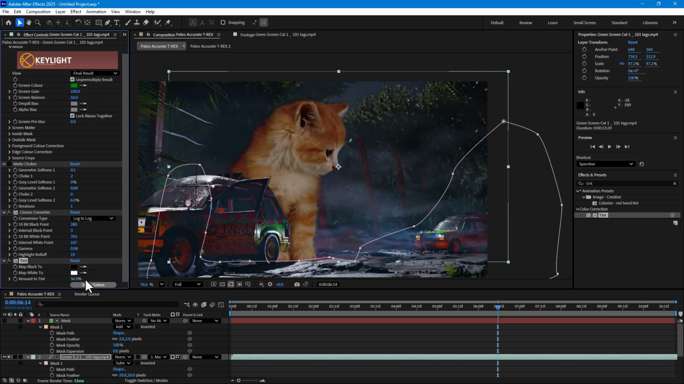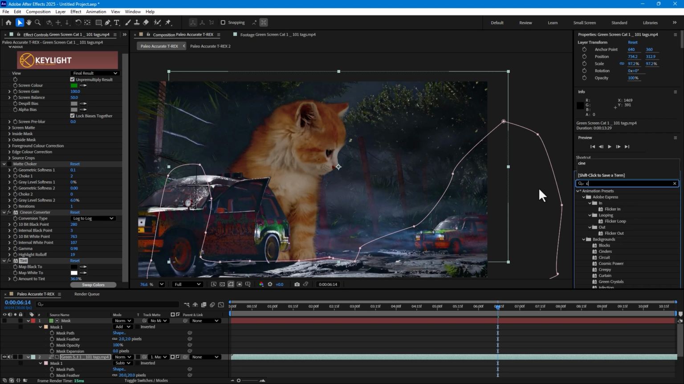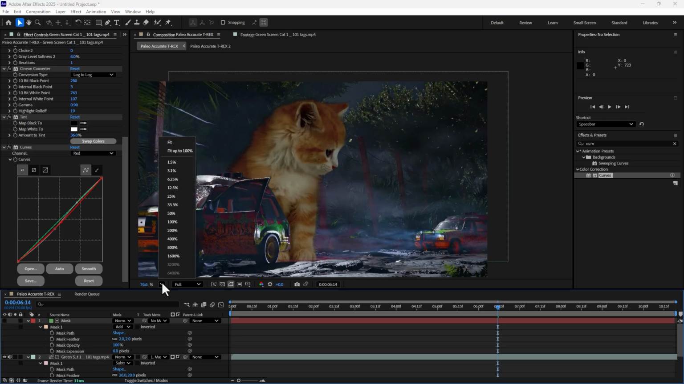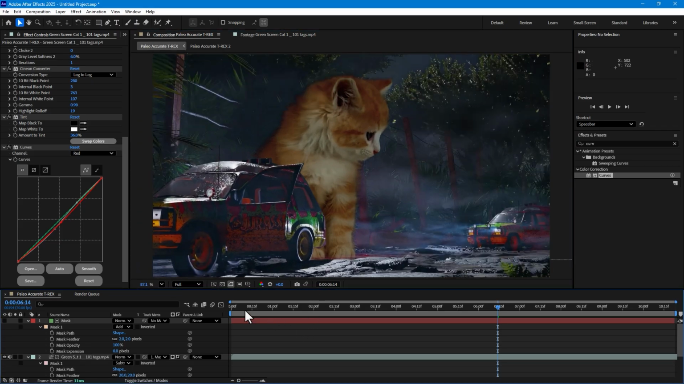saturate like this, 36%, and apply Curves effect, double click. So control the Curves effect and control the red color to make green color grade fit again. So play now,